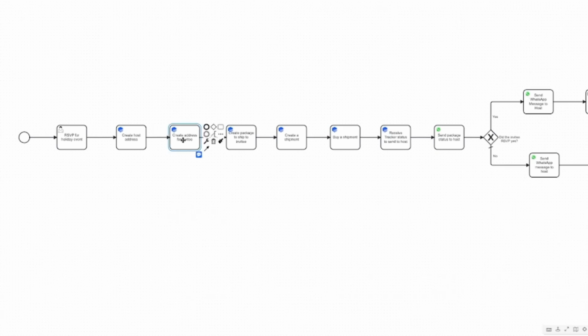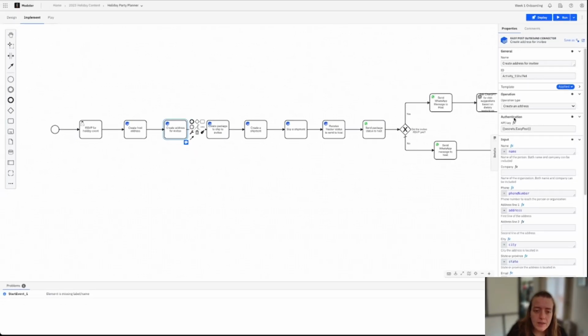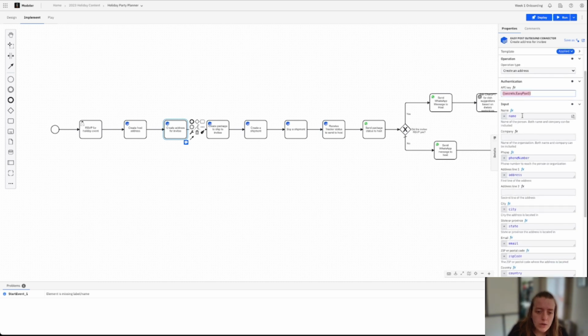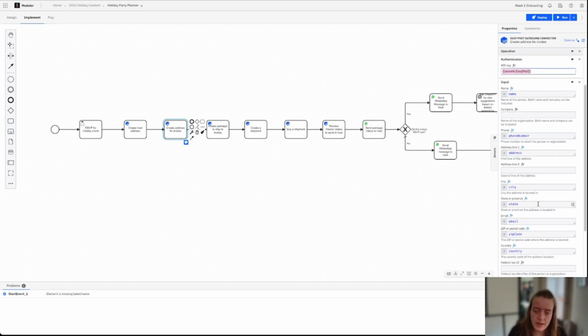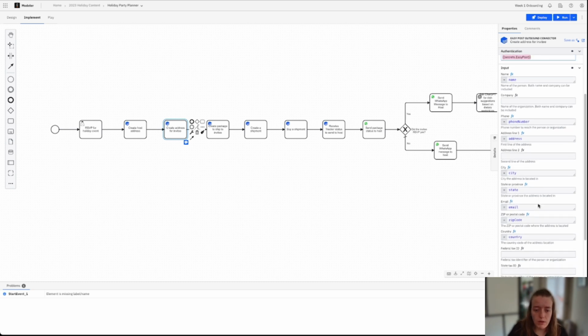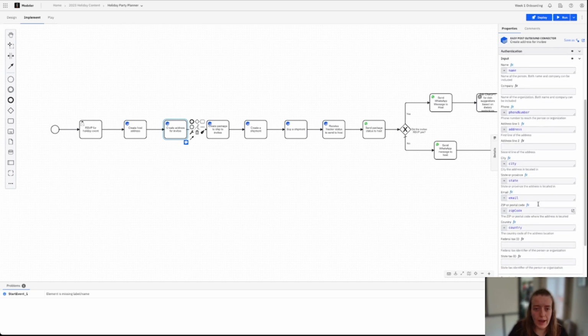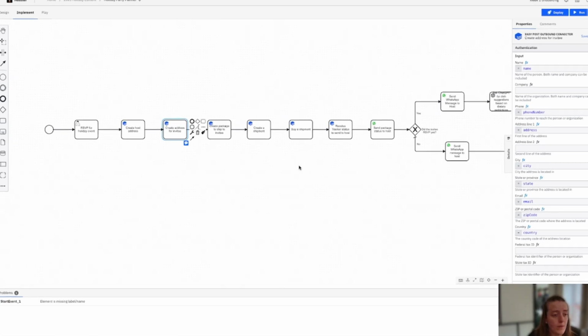Diving in here, it's going to look the exact same. I have my EasyPost API key, and then I'm going to grab all of those variables that I grabbed from the form, so their name, their phone number, address, city, state, email, zip code, things like that, so then I can create that shipping label.